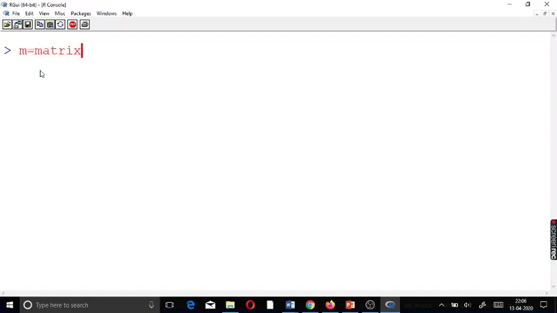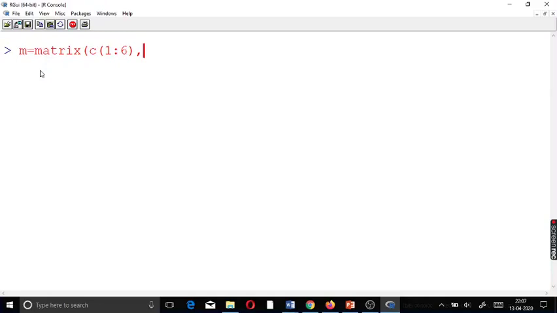We had seen in the session that a matrix could be created using the function matrix, and you can open a bracket. I say a vector can be given as input. Now I am going to give a numeric vector here which is c(1:6). So what does that 1:6 mean? It means I am going to start with 1 and end with 6. So there are going to be 6 values.